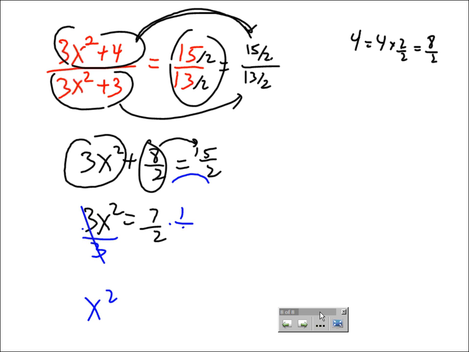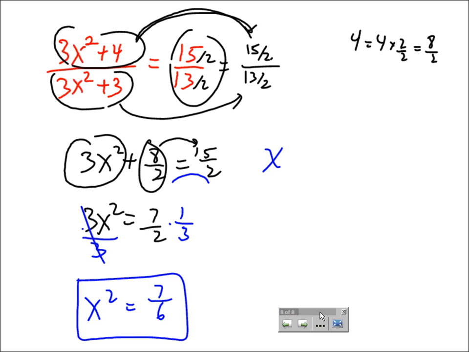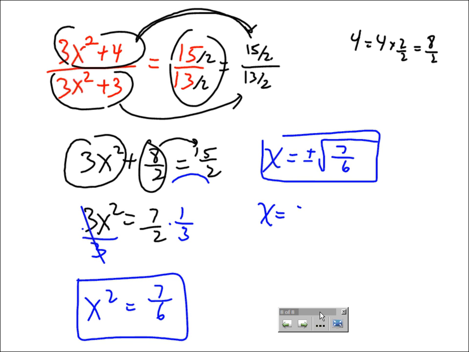But on the right side, I'll multiply by a third. So I get 7/6. What number or numbers, if any, when you square then gives you 7 halves? The answer is plus or minus the square root of 7/6. This answer is fine. If you don't like radicals in the bottom,